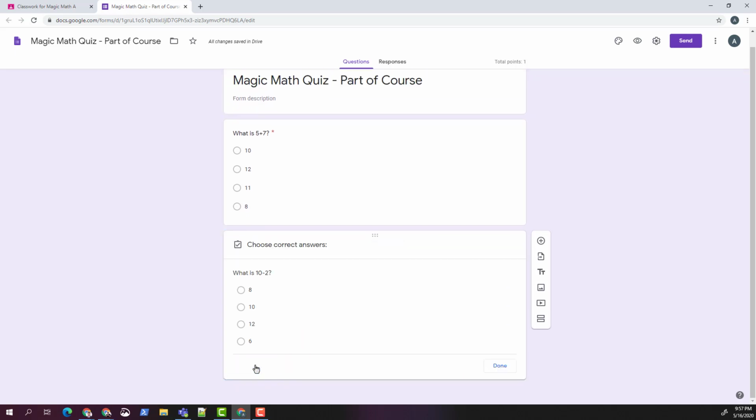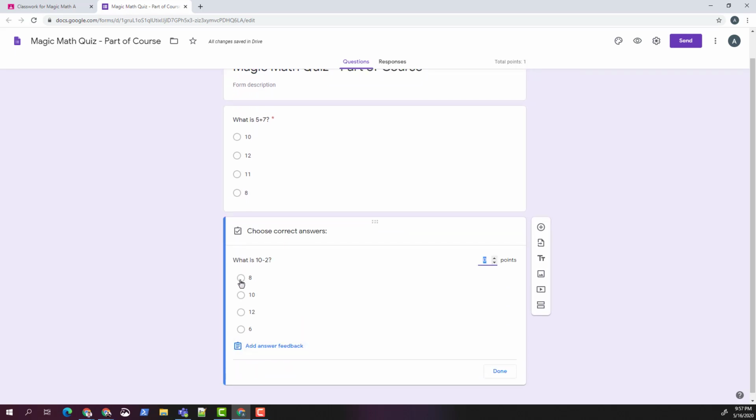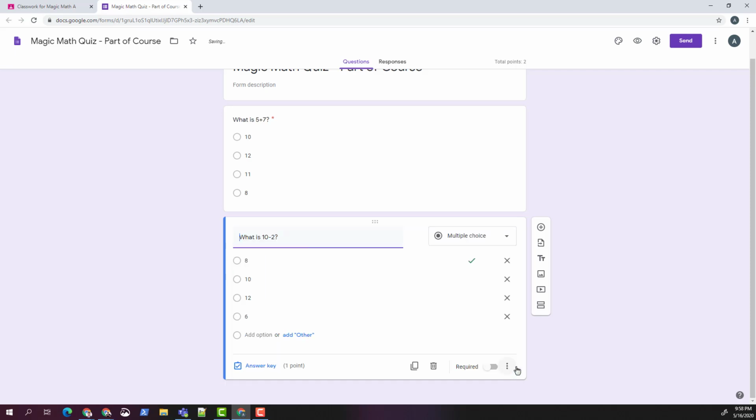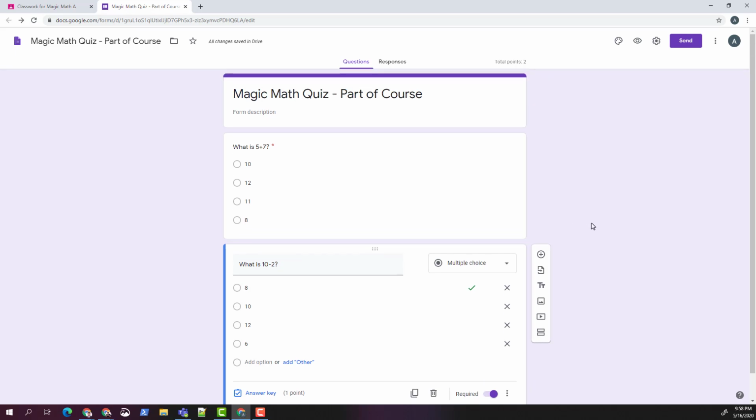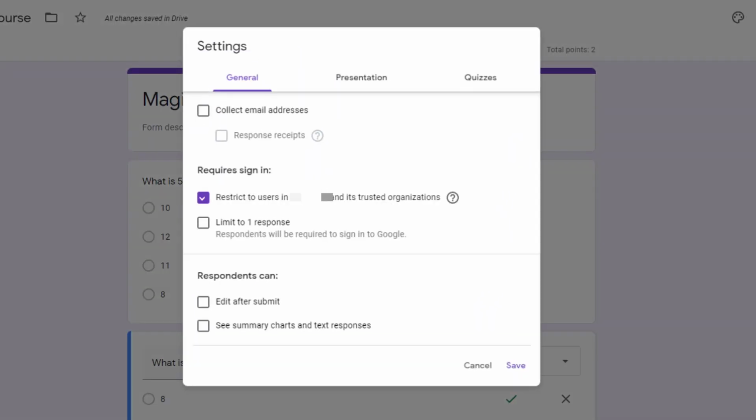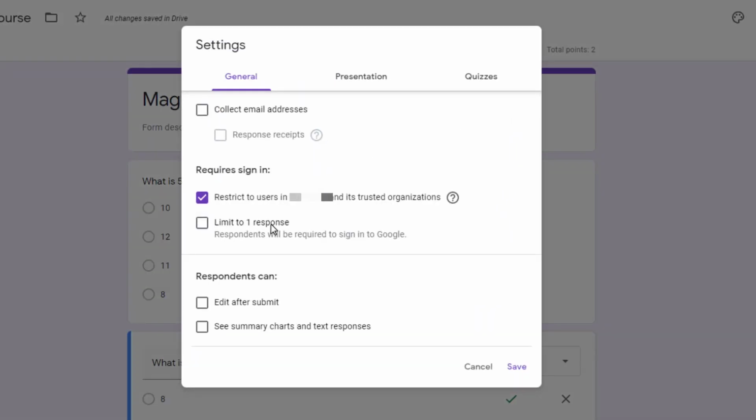And then I just go in and give the answer key saying that the answer is 8. Now you can choose to have the points also updated here, and I would say done. I will also mark this question as a required question. One of the very important things you need to do before you end the creation of this quiz is that you need to go into settings,